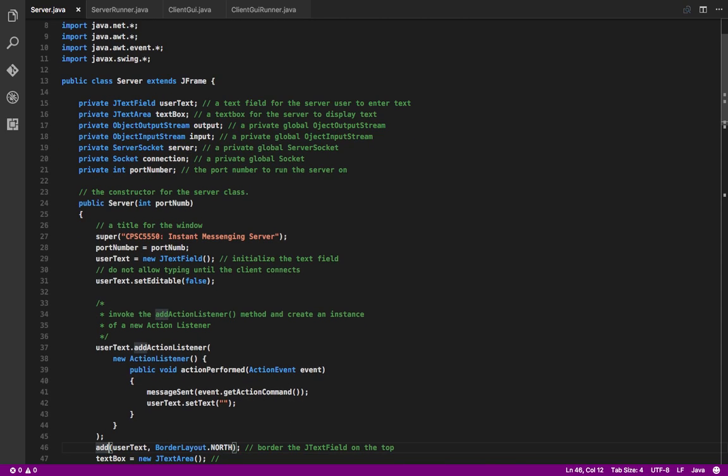Next, within the server constructor, userText needs an action listener. userText is a JTextField that lies at the top of the JFrame in the graphical user interface, and a user is going to be able to enter text into that JTextField, and upon doing so,